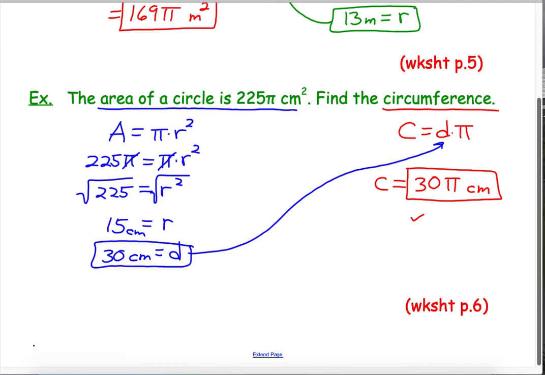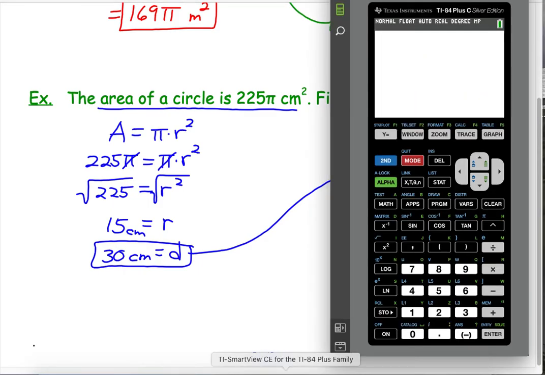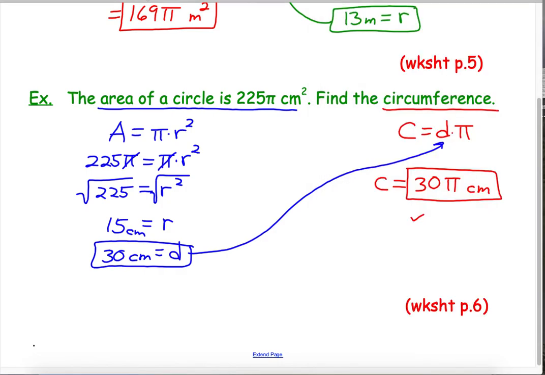In all these problems, I didn't use pi on my calculator. I just left pi in my answer. So for example here, the circumference is 30 pi. Well, what I could do is I could grab my calculator and I could type in 30 times and hit the pi key and get an approximation, 94 point, let's say if I round it up, 94.25. So the circumference is approximately equal to